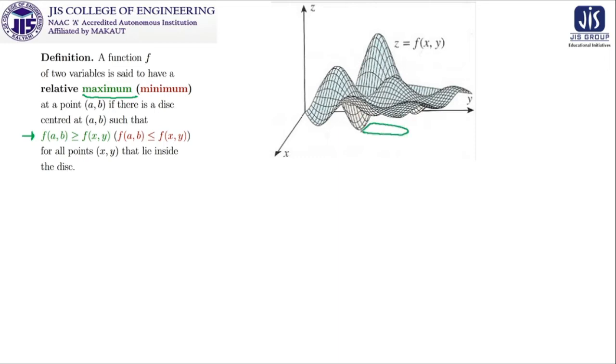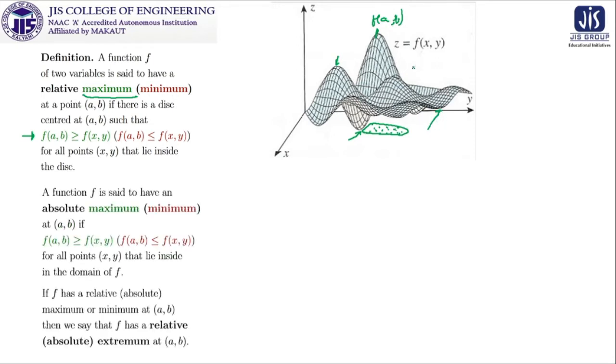disk over here, and if we take this point, then the corresponding functional value is here at f(a,b), and this functional value is always greater than or equal to all the functional values in those points which are lying within this disk. It is actually discussed in the last class, so we are not elaborating it. So it is the relative maxima, it is also one relative maxima, it is one relative minima, it is one relative minima, and so on.